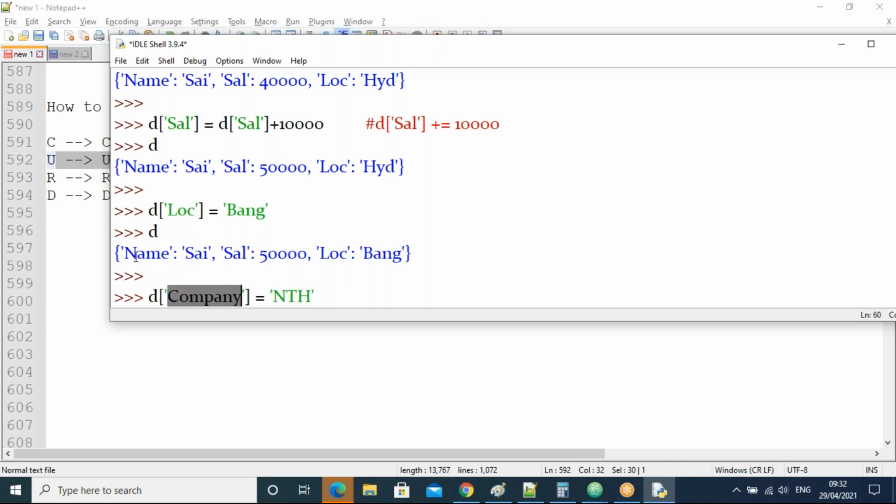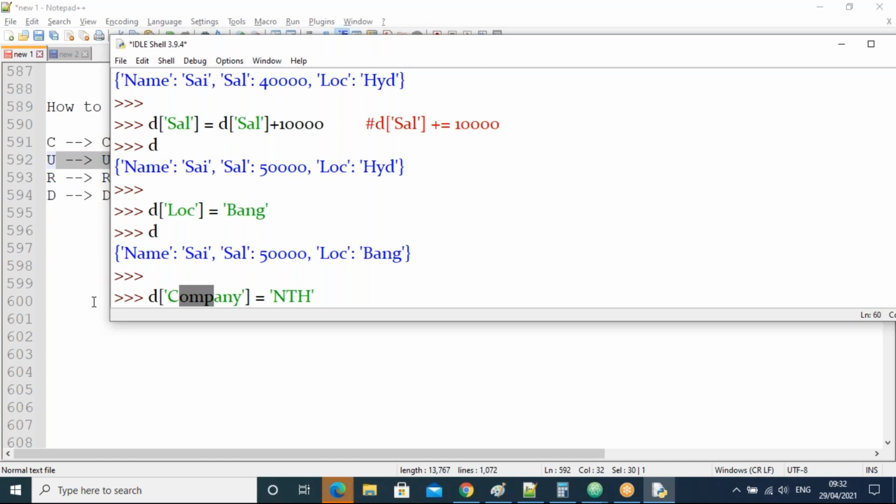The company name is not matching, salary is not matching, location is not matching. All keys are not matching with the company key, guys.